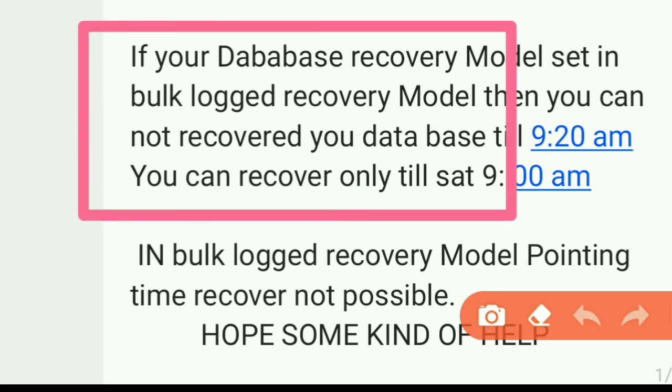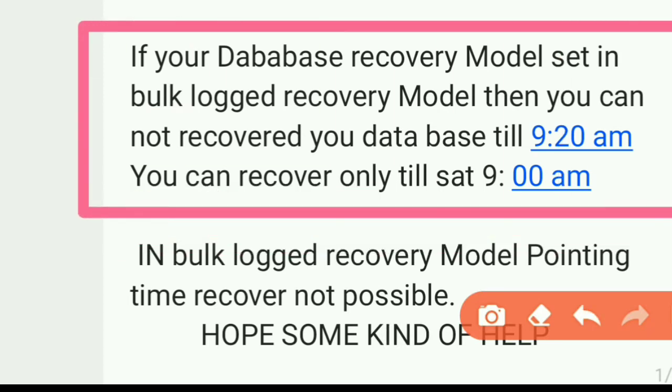Just focus on this portion. Okay, so now the problem is, everyone is aware the full log and bulk log are working in the same strategy, right? Both are working in the same functionality mode. Okay, the only difference is whenever you have the bulk log load